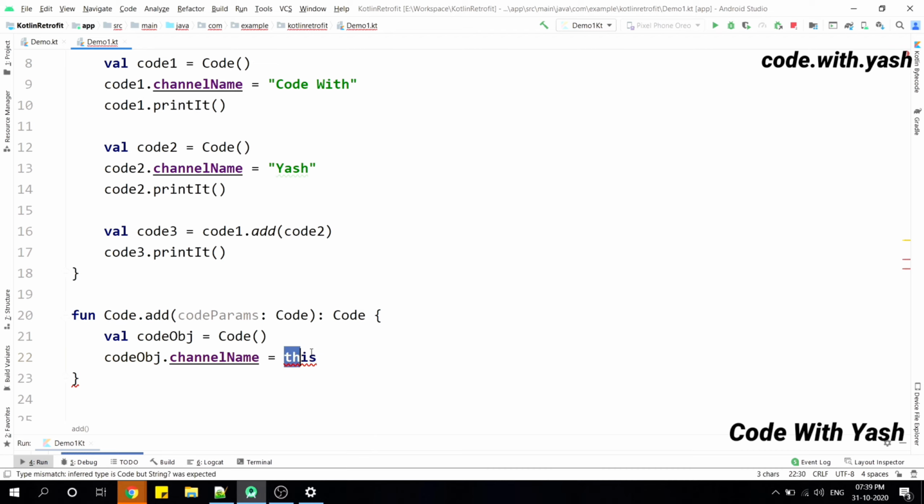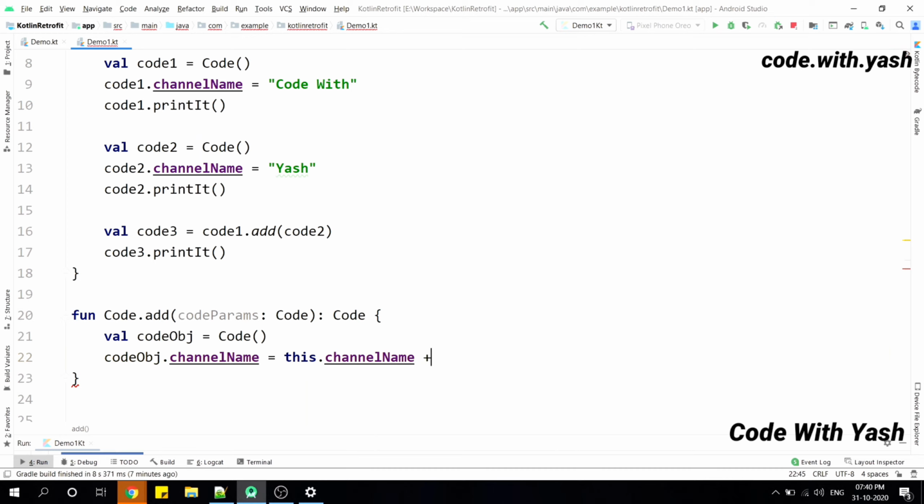This refers to the current object of any method or class. Here this will refer to code1, because code1 is calling the add method. So code1 is the current object, and that is why this refers to code1. We can easily call this.channelName and we get the code1 channel name, this string here.